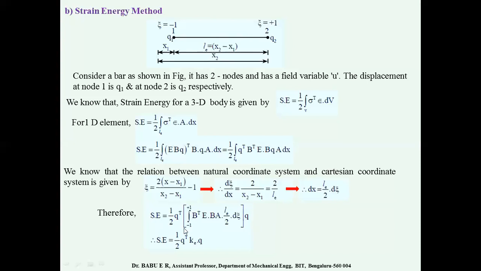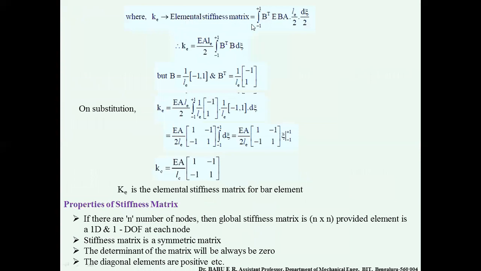Therefore, the integral from minus 1 to plus 1 of B transpose E B A dx, where dx is Le by 2 into d zeta, in the bracket Q. I will arrange in this fashion. Therefore, strain energy equals half times Q transpose, this entire term, I will call it as Ke, into Q,